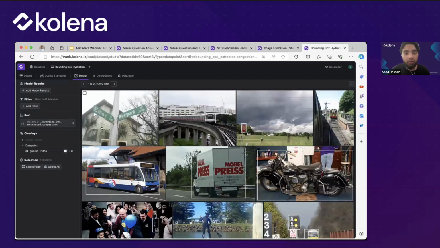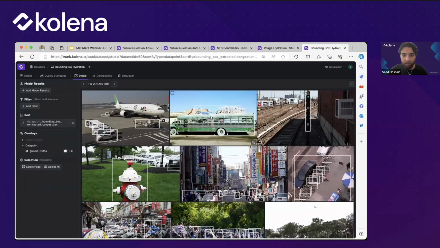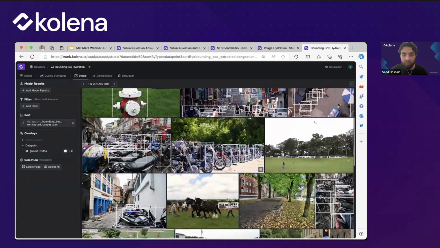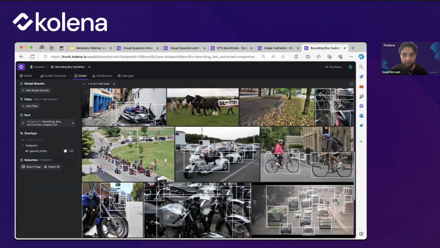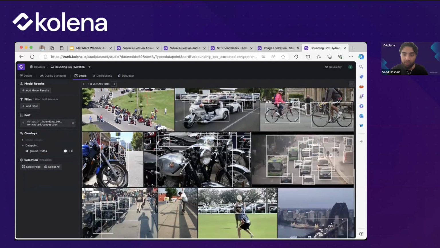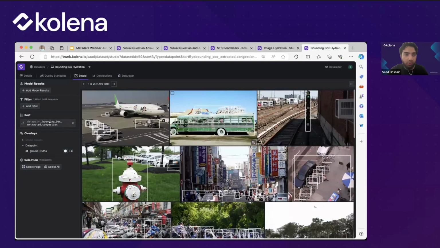Similarly, just looking a little bit at the bounding box properties or the object level properties and what that could reveal in our evaluations. We can sort by these different properties. You can see that if we're looking at a property like congestion, we see these images are a lot more congested and there's a lot more going on in these images. There's a lot of objects very close to each other.